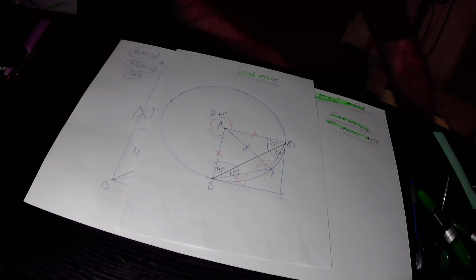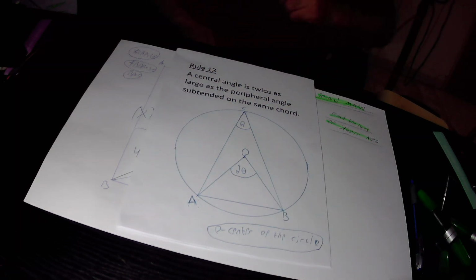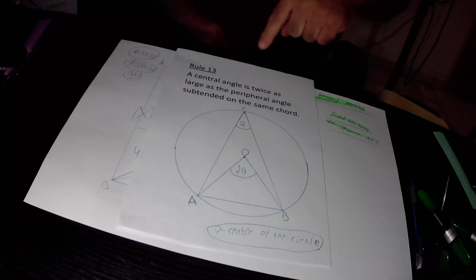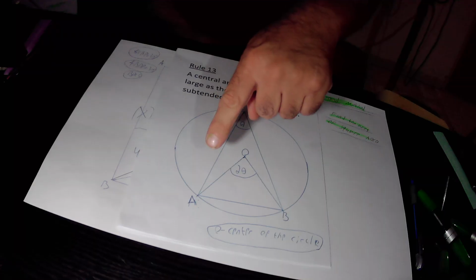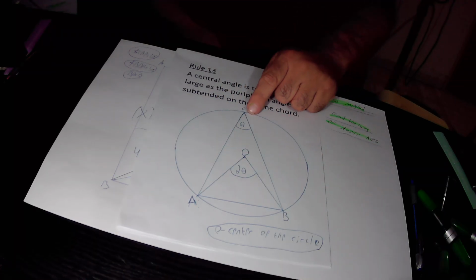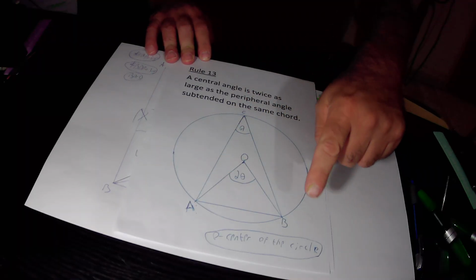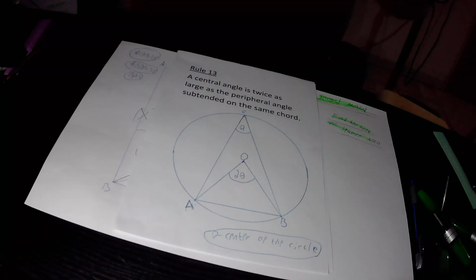So here we can implement Rule 13. In Rule 13, the center angle is twice as large as the peripheral angle subtended on the same chord. In the drawing of a circle, this is peripheral angle ACB, that subtends chord AB, and it is equal to 30 degrees in its size. Likewise, this is center angle AOB, that subtends the same chord called AB. And according to this Rule 13, the central angle